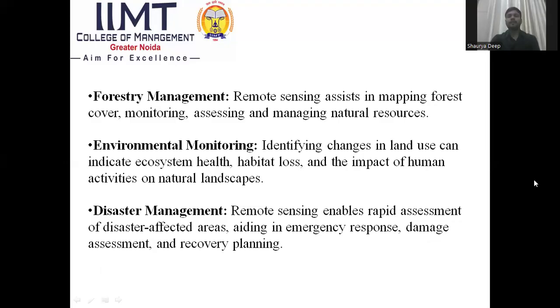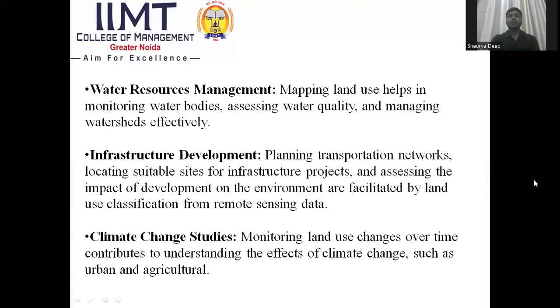Environmental monitoring: identifying changes in land use can indicate ecosystem health, habitat loss, and the impact of human activities on natural landscapes. Disaster management: remote sensing enables rapid assessment of disaster affected areas, aiding in emergency response, damage assessment, and recovery planning. Water resources management: mapping land use helps in monitoring water bodies, assessing water quality, and managing